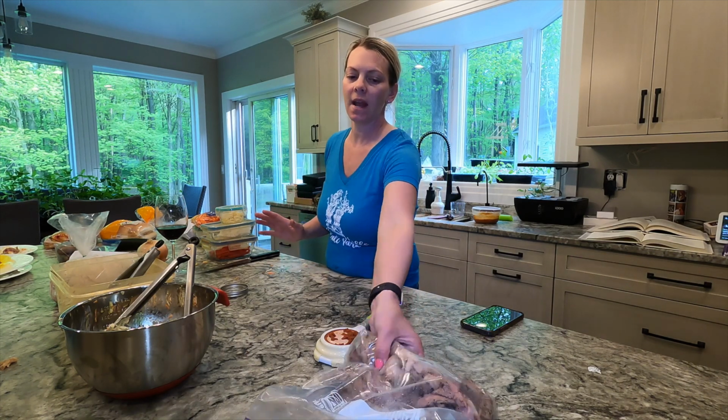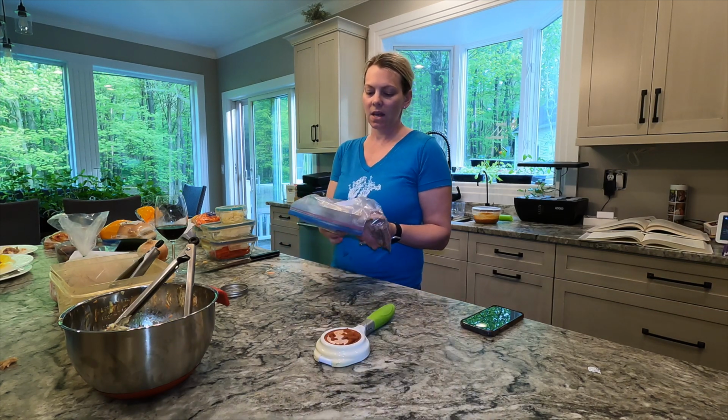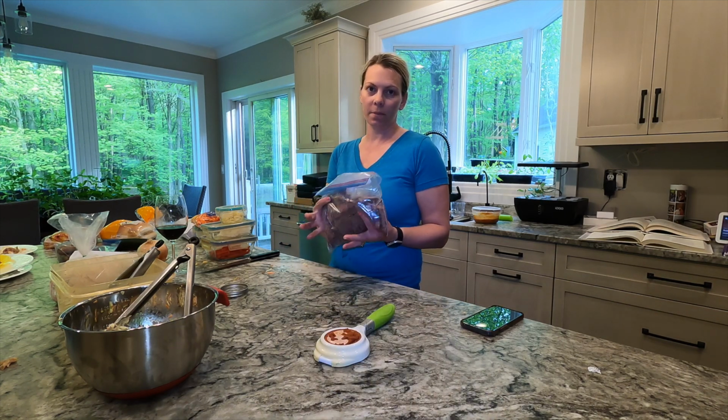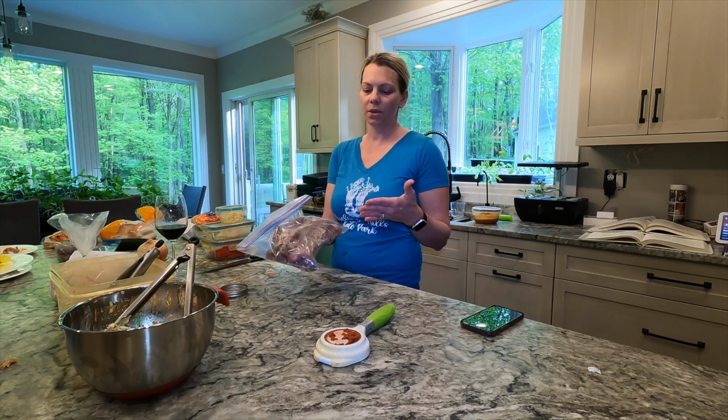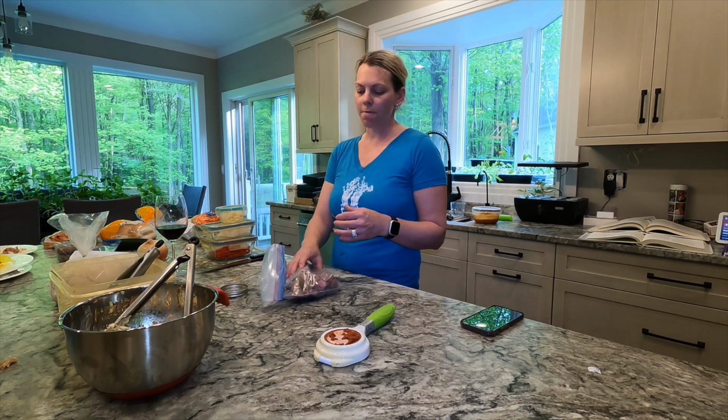All right, so all I really have is the steak fajitas. Most of them are already cut from the kids, so I'm just going to go through and trim off the rest of the fat and slice up the rest of them into strips. Now, if you don't have leftover steak in order to make the fajitas, you can easily just pull out a steak and